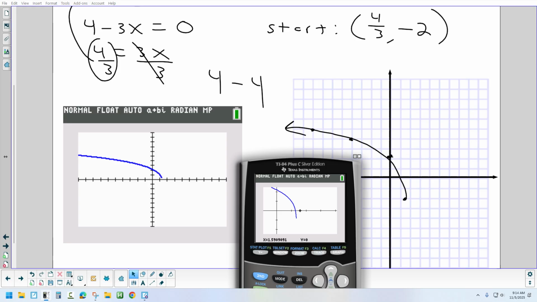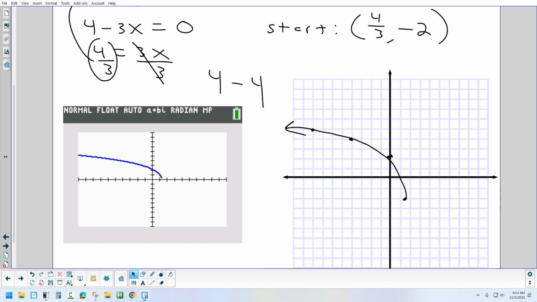So again, that's why if you just graph it on the calculator, even if I gave you a multiple choice, and I ask you which of the following is the correct graph, if you picked this